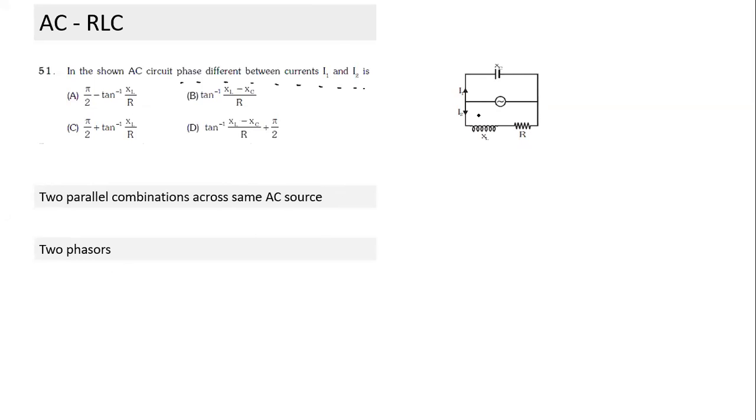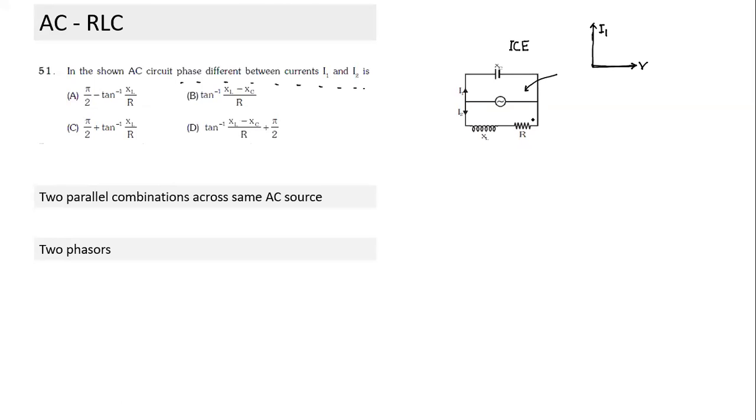One for the top loop, one for the bottom loop. How would the phasor look for the top loop? This part is a capacitive circuit. What will the phase angle between I1 and voltage be? Pi by 2. Which one will lead? Suppose I have drawn this V here. Now what is the relative angle? Orientation doesn't matter. The first one is capacitive, so if you are not sure, always write which will lead: current will lead by 90 degrees. So the first case will look like this. This is how I1 will be.